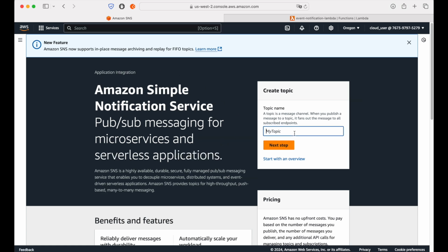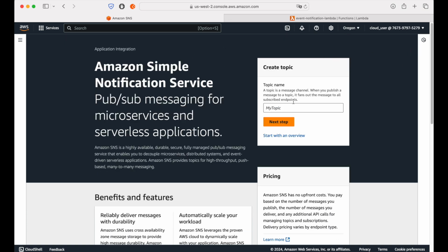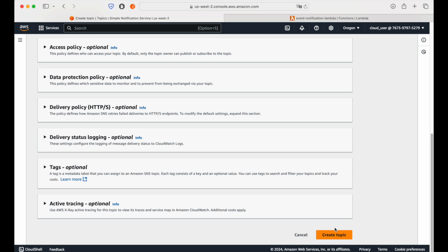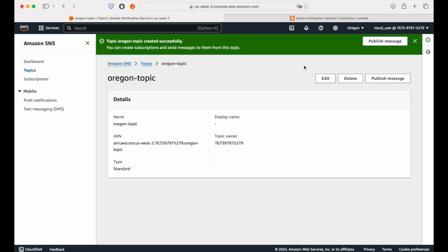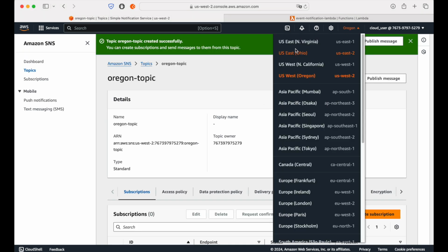And let's create two SNS topics. One, I'm in the Oregon region. Remember, my bucket was in the Oregon region last time, so I'm in the Oregon region now. So I will create a topic named Oregon topic, because this is the topic in the Oregon region. So this is my topic, and I will create the topic, and then I will move to North Virginia,